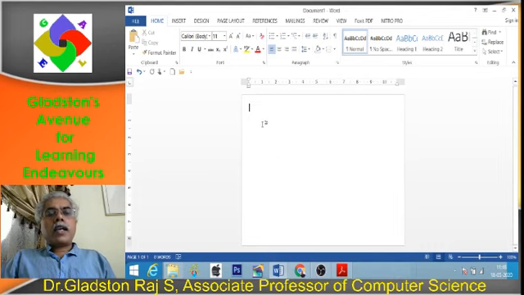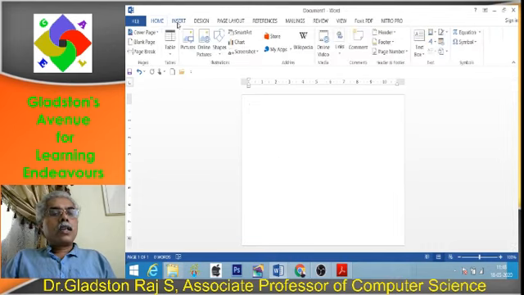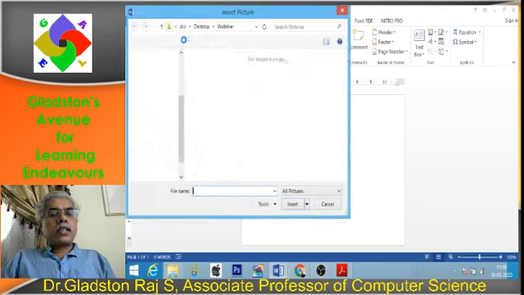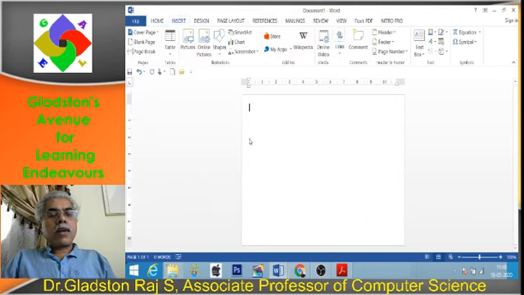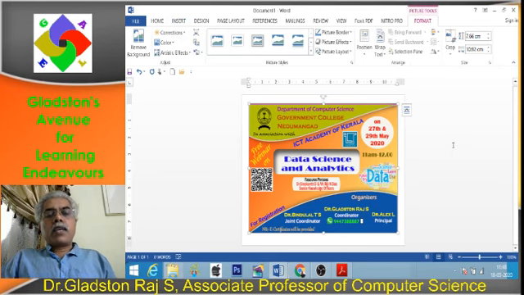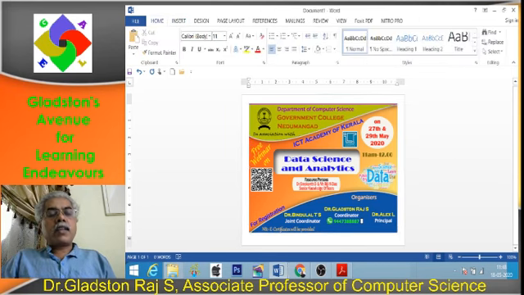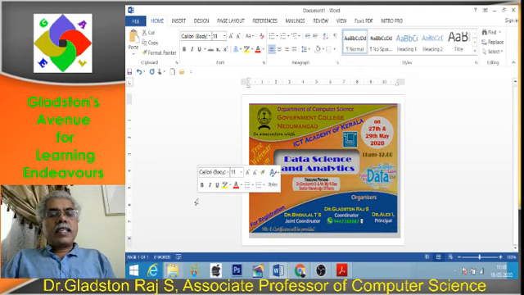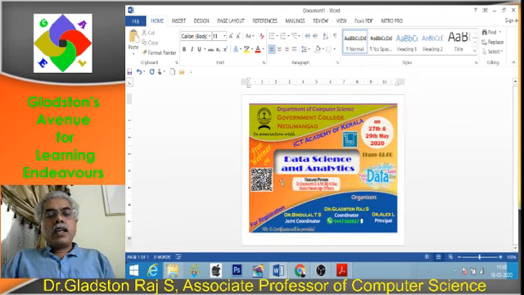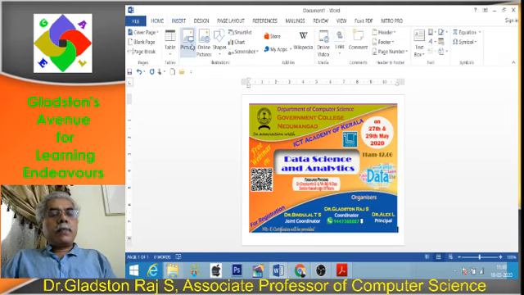There I can attach, select the browser. This is the browser. So my QR code is attached. Now by scanning the QR code, you can move to the particular website and you can get access to that particular form. Now in the browser itself, if I want to give a provision to click a particular icon so that it is moved to that particular Google form, for that purpose, I want to insert another picture here.